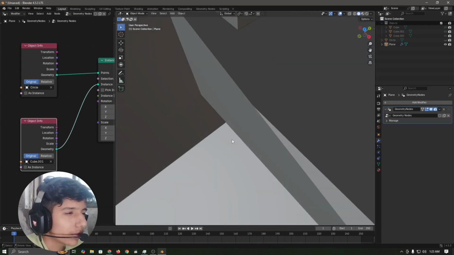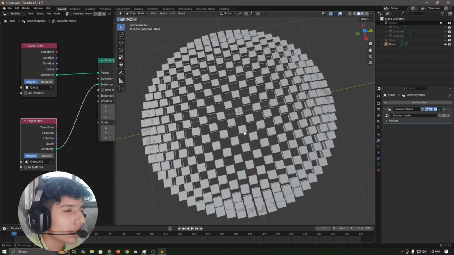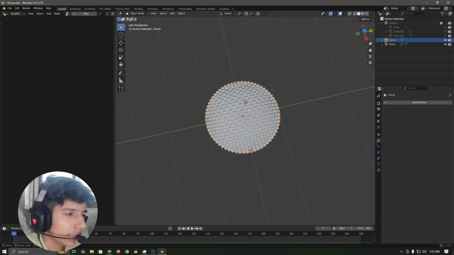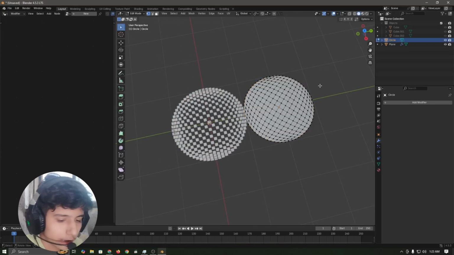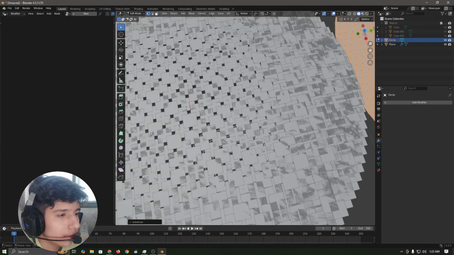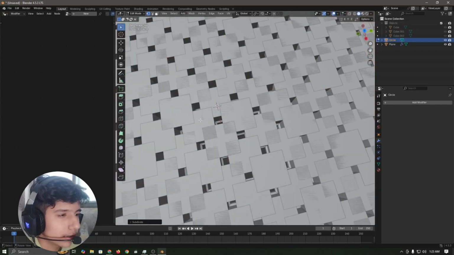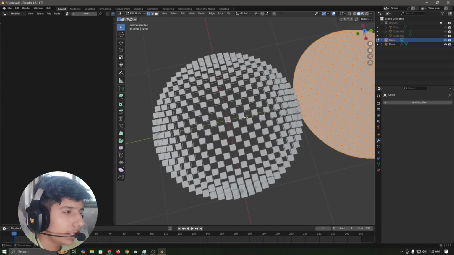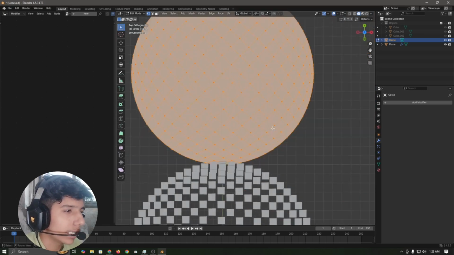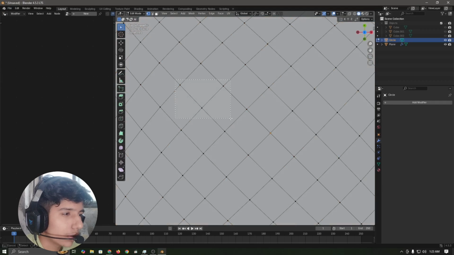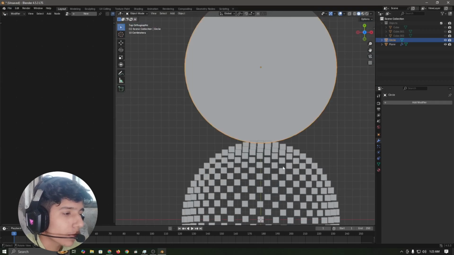You guys can see we don't have an object here, so if we just append our circle and go ahead and subdivide it, we still see these areas. So to fix this, as you guys can see here in our circle, we don't have a point at the center of every face,